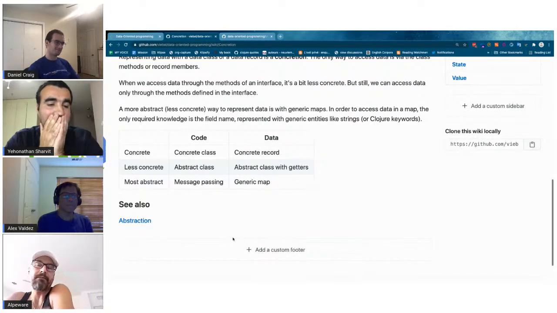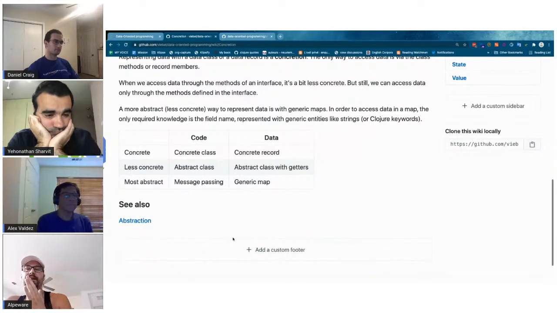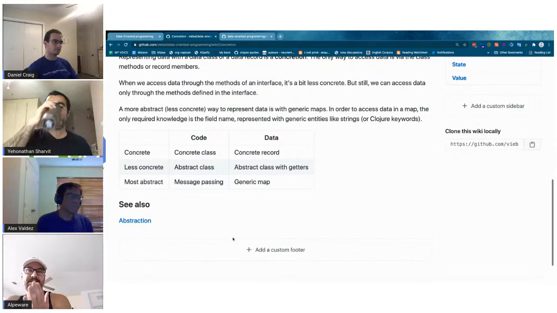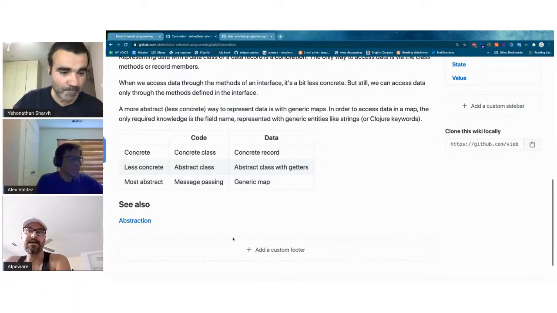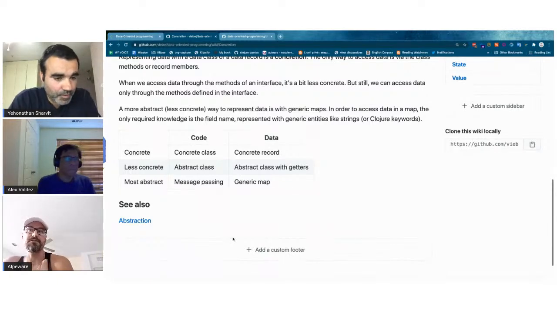A good example: I'm working a lot with Google Cloud. They have the Java libraries, the SDK to access all their APIs, but they also expose just a RESTful JSON API. So I've been using that directly because it's so much simpler, instead of having to go through all these layers and import all these libraries.